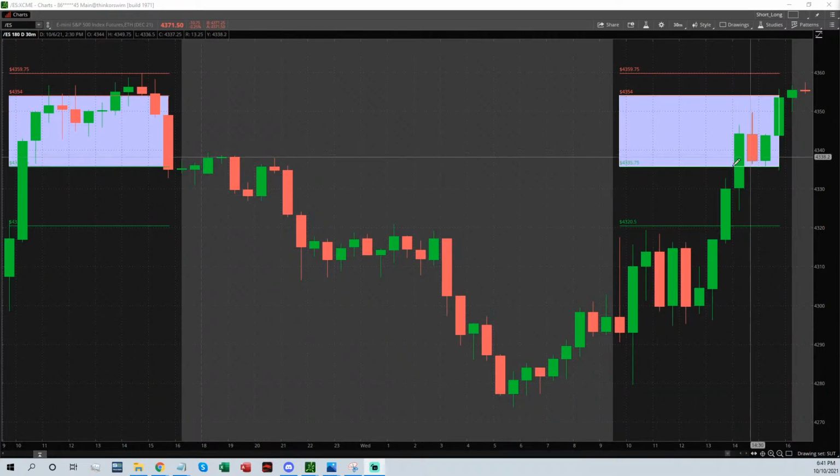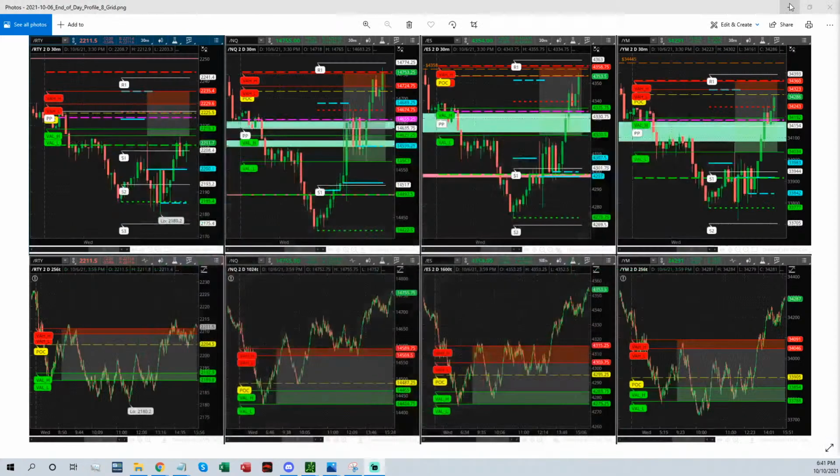So I hope this helps. If you want to see, this is the actual grid that I shared with the equity profile members. The bottom of it is the overnight volume profiles. The top of it is the bell to bell from the day before. So you can see just this third chart from the left is the ES, right? This is the NASDAQ. The one on the right is the Dow, and the one on the far left is the Russell. And you've got dailies from yesterday's bell to bell action above,